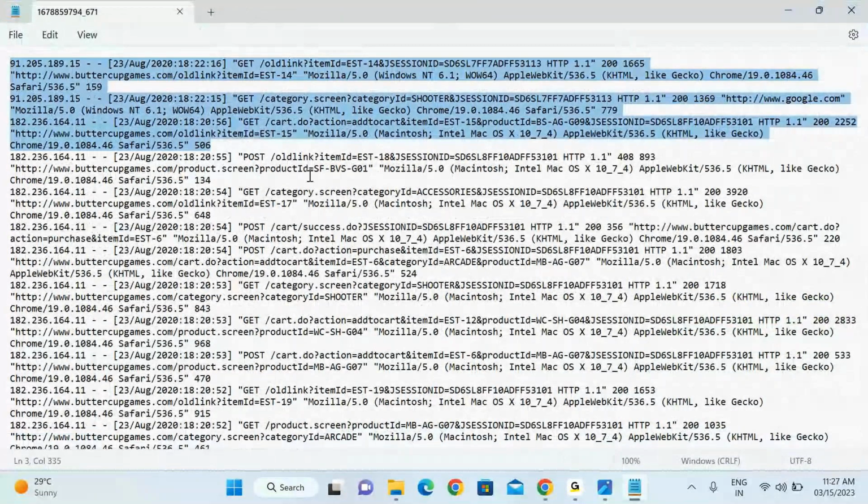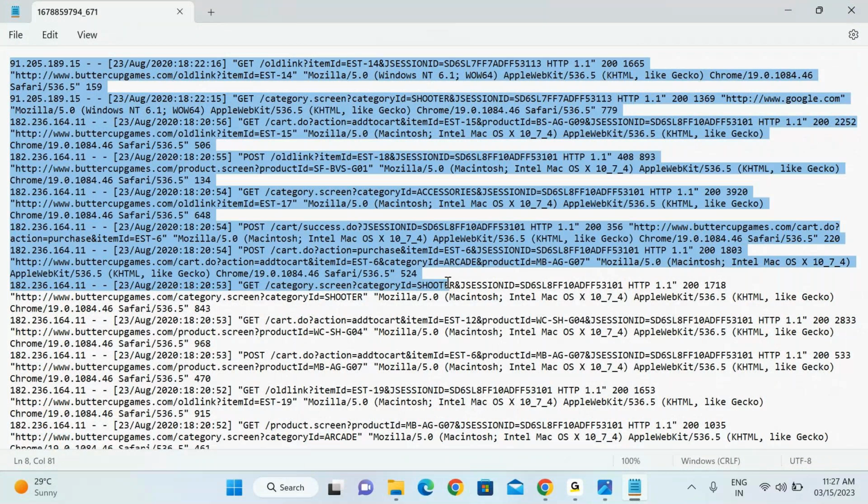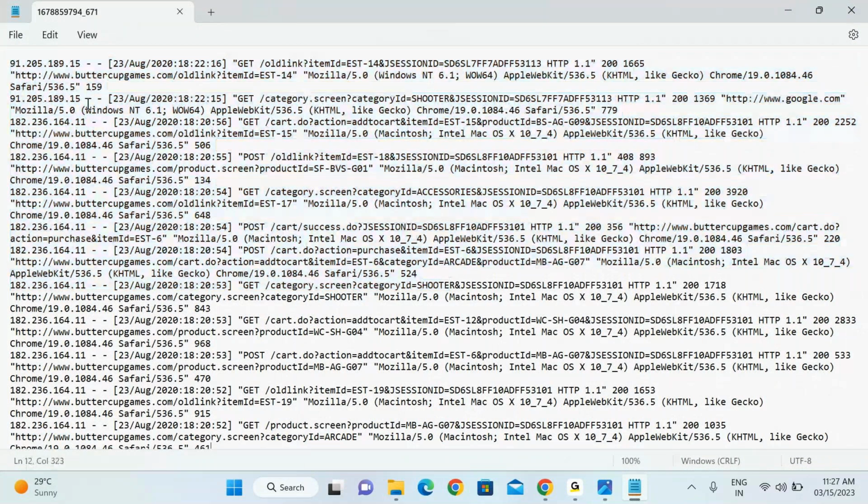For example, you have a client IP, this one. I want to know how many client IPs have the same IP address. For example, I want to know for action equals add to cart, how many events you have. You can't do that here. But if it is CSV,